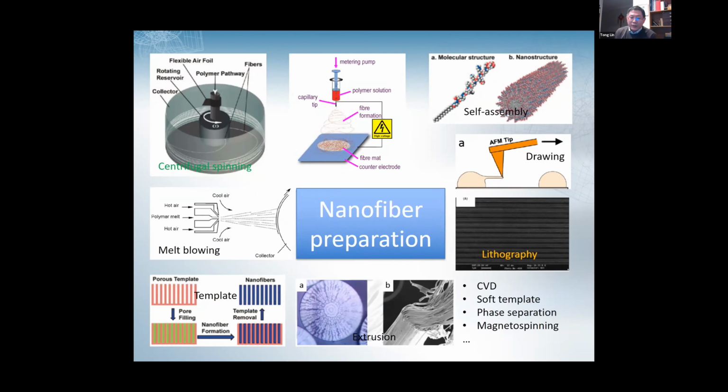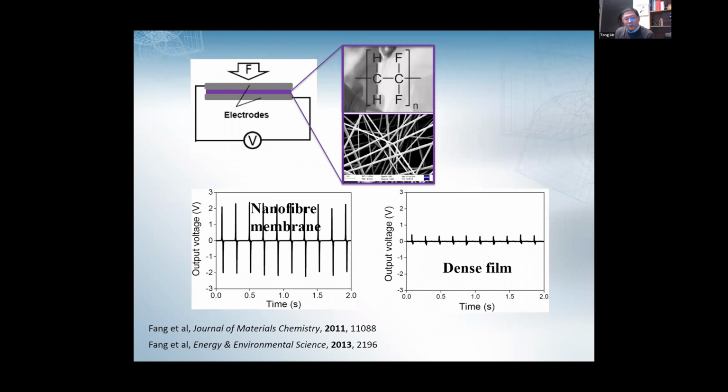To answer this question, I think our finding about the piezoelectric property of nanofiber is an example. About 10 years ago, we found if we use PVDF as a material to produce an electrospun nanofiber mat, that is nonwoven, and we just sandwich it with two metal foils, we can form a very simple device. When compressed, this device generates a voltage, several volts, 2 to 4 volts or even larger, depending on